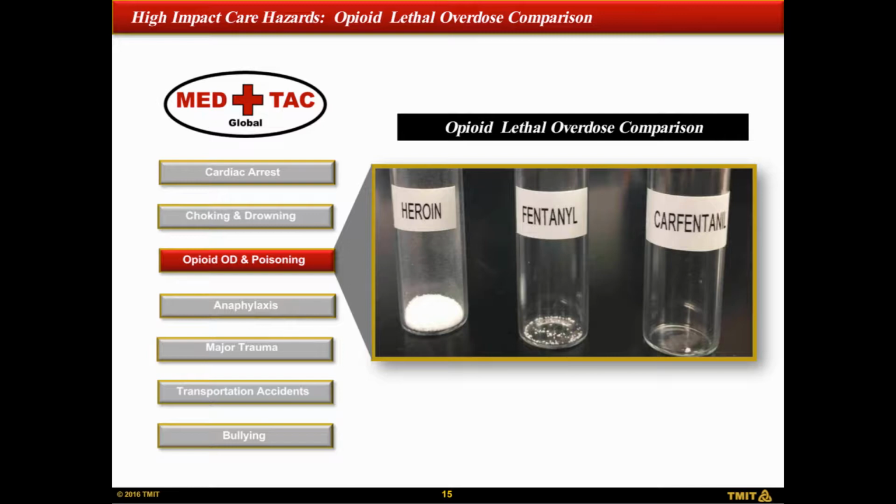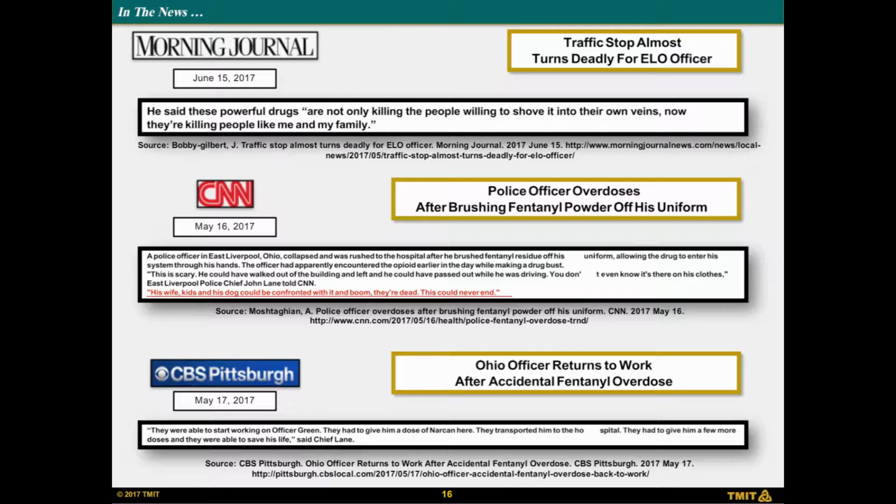But this issue of these overdoses of opioids and the impact we're seeing of fentanyl and carfentanil, which Dr. Boats, you forecasted we were going to have a problem with, has become a national crisis. This picture shows the amount of heroin, the amount of fentanyl, and the amount of carfentanil that can cause a lethal overdose. So what we've done is given you a number of references. I'm not going to read these slides. We've got 3 or 4 slides that have the news articles and also videos that you can use with the audiences that you're working with on this issue.